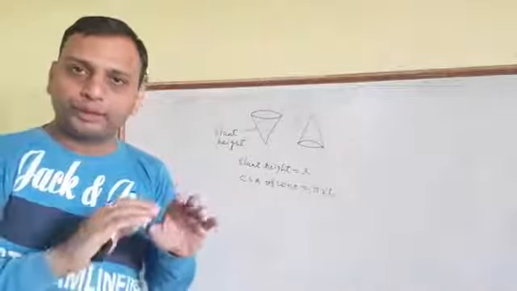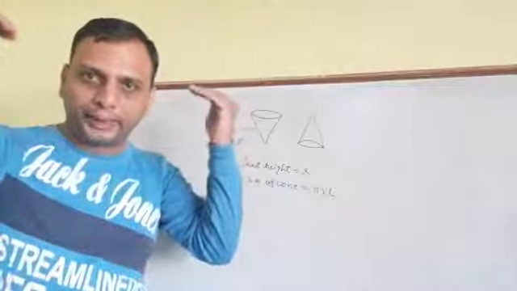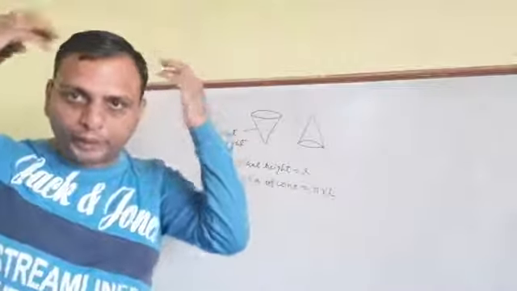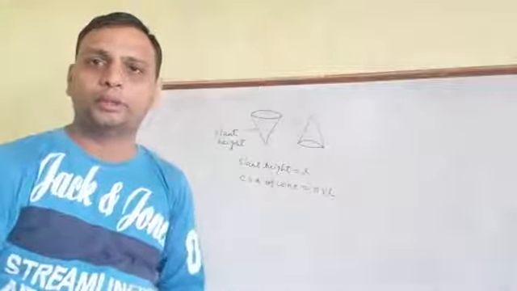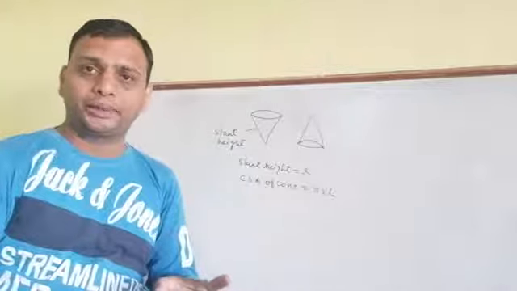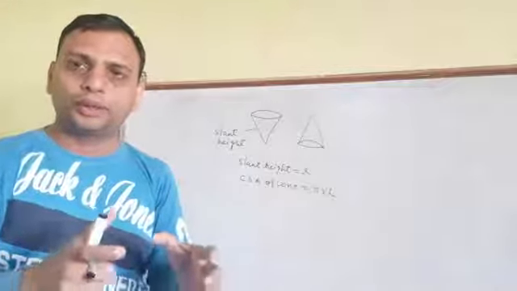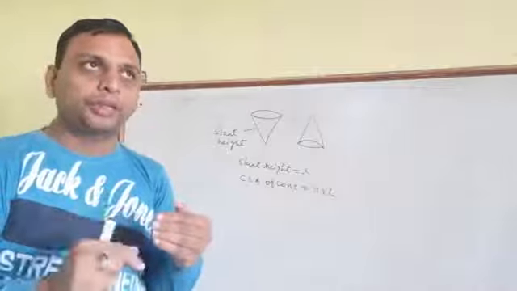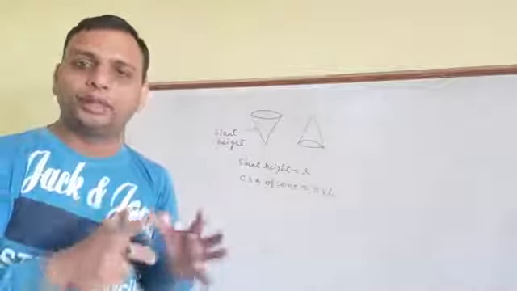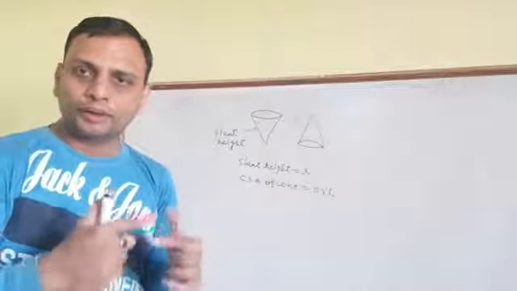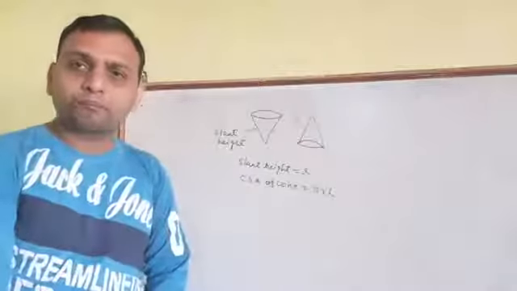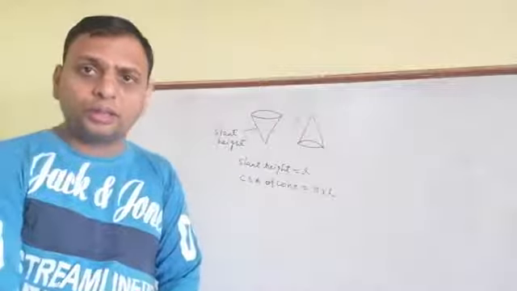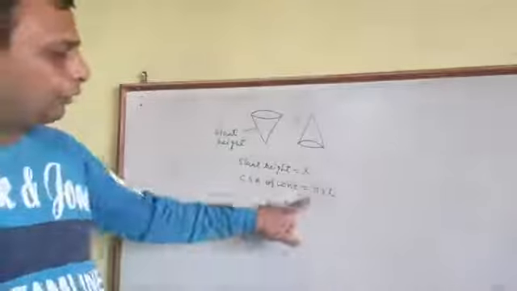If the cone is open, like when the birthday cap is open, only then can you wear it on the head. Otherwise, how is it possible? So the bottom part of the cone is in the shape of a circle, and when we use the curved surface area, we are not including the bottom part. That is called the cone. Now, curved surface area of the cone.